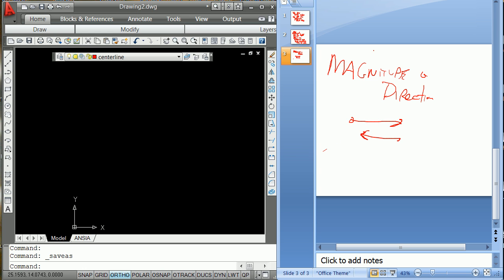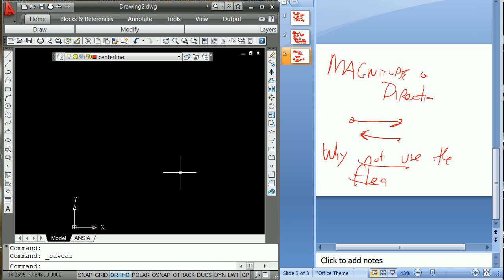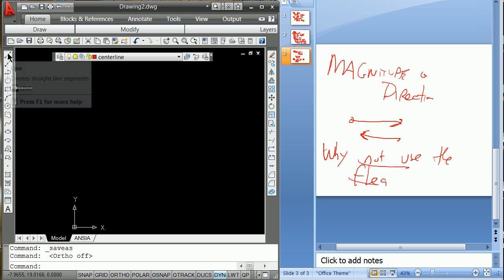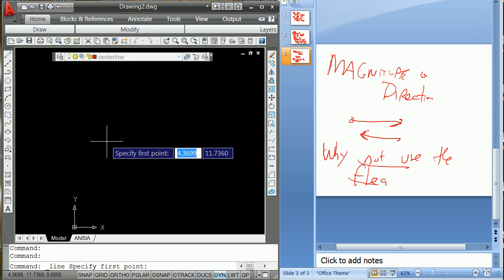Okay, why not? And this is the great defense there. Why not use the flea? And I'm going to show you the flea right now. Why do you not use it to start? It has to do with learning mathematics and CAD as being the same thing. So right now I'm going to turn on the flea and show you how the flea works. The flea is the dynamic there. I'm going to turn off the ortho and I'm going to do like we just usually do in class. I'm drafting a line. At that first point, I can tell it 100 tab